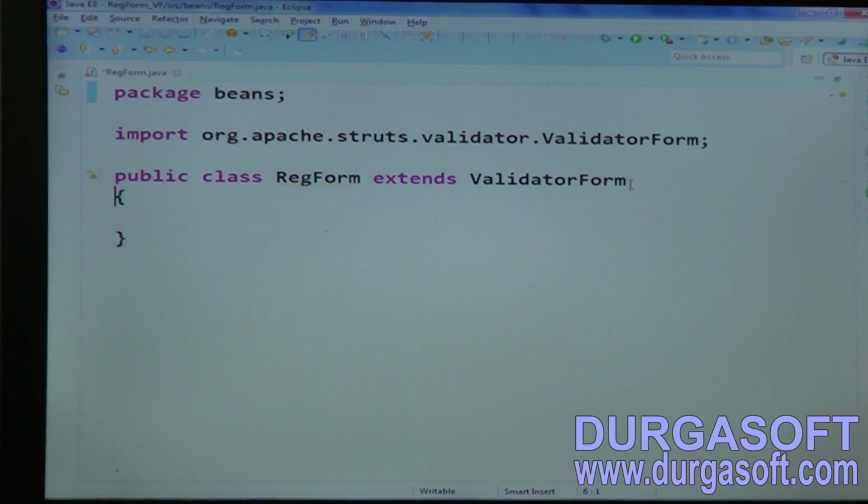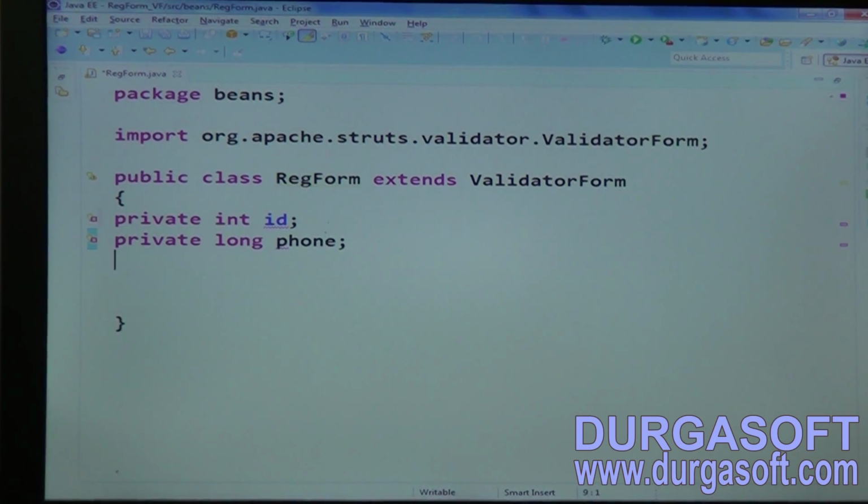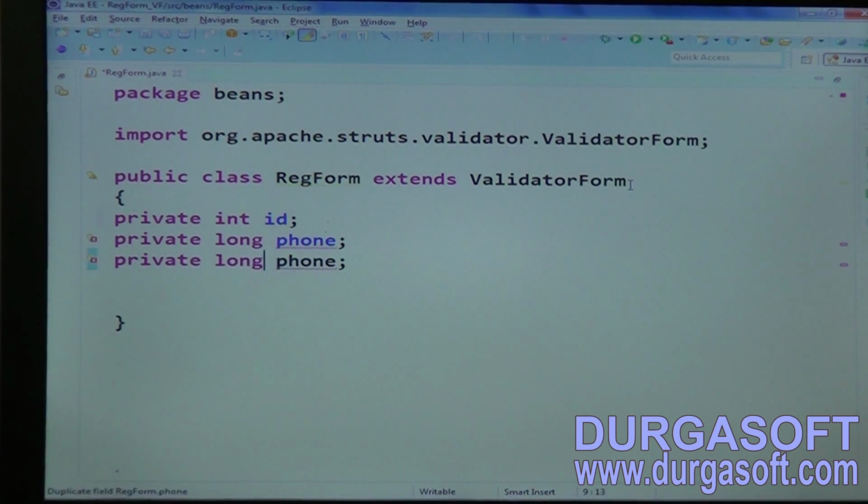In case of validator form, what will request processor do? If it is an instance of validator form, it will check validations from the validation XML file instead of executing from your bean class. So right here properties, we have int id and we have phone number, it's a long phone number, and we have one float,